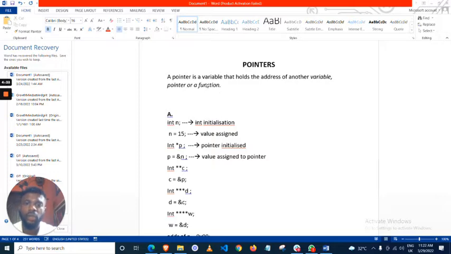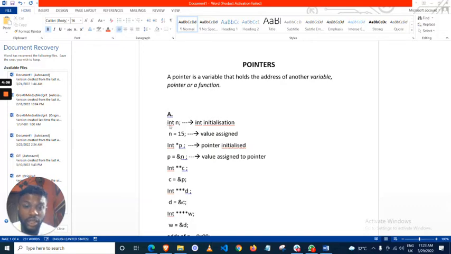A pointer, like we all know, is a variable that holds the address of another variable, the address of another pointer, or the address of a function. But in this video today, I'll be looking at just a pointer holding the address of a variable and then a pointer holding the address of a pointer. Okay, so at this first part on your screen,